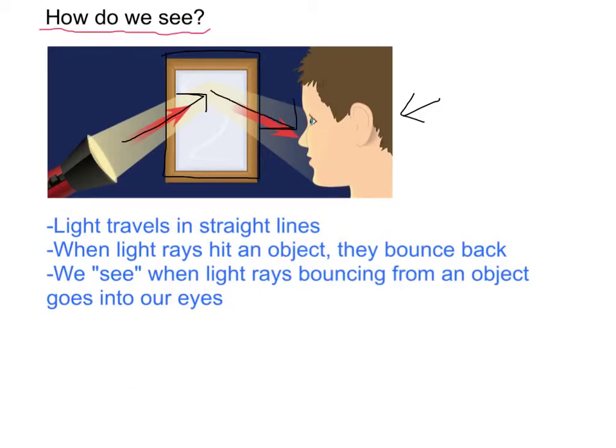And once it gets into the eye, the light ray will then be interpreted by the brain, and the brain will say that we can see the light of a torch coming from a window. Okay, so the important thing to remember is that light travels in straight lines. When light rays hit an object, they bounce back, and we see when light rays bouncing from an object go into our eyes. So if we look at another example,